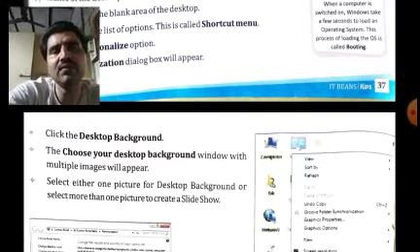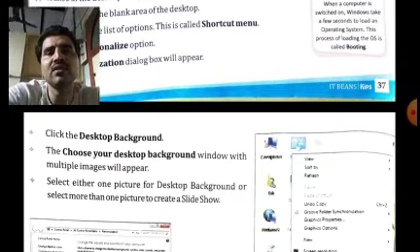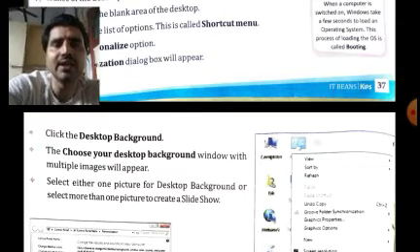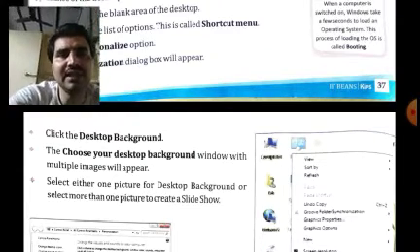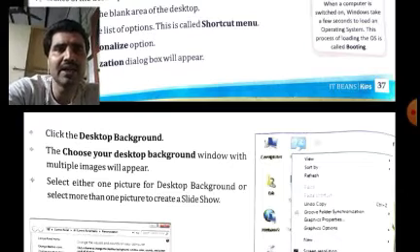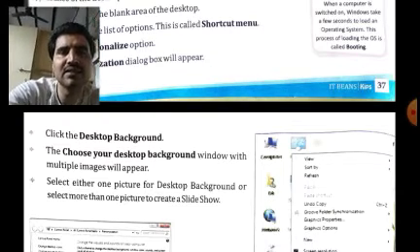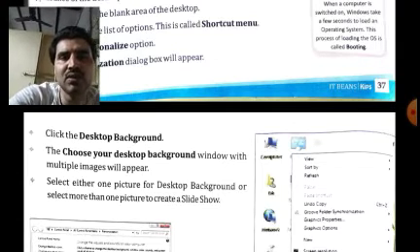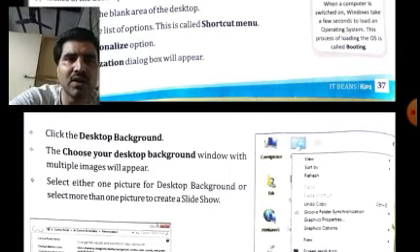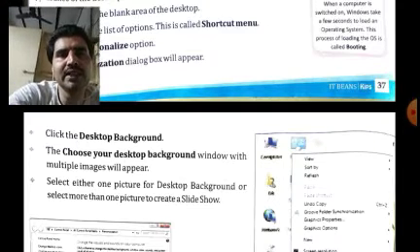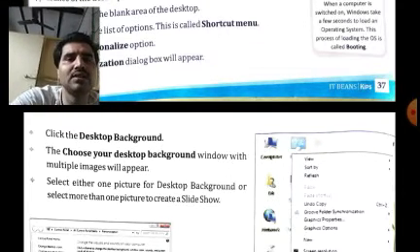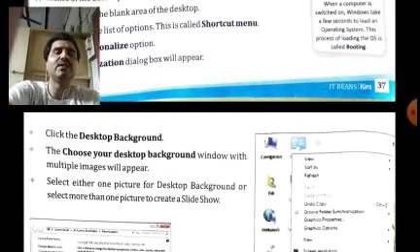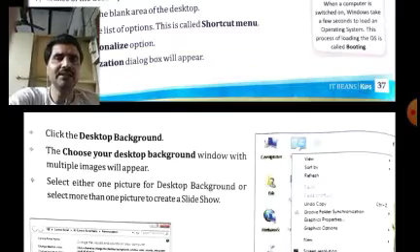If you select more than one picture, our desktop background will keep on changing like a slideshow. If you have ever seen a PowerPoint presentation, what is there in a PowerPoint presentation? There are different slides which are displayed one after the other in a slideshow. So similar to the slideshow, here also, if we select more than one picture as a desktop background, these pictures will be changing one after the other. A slideshow will be created of the desktop background pictures, and the desktop background will be changing one after the other after a certain period of time.